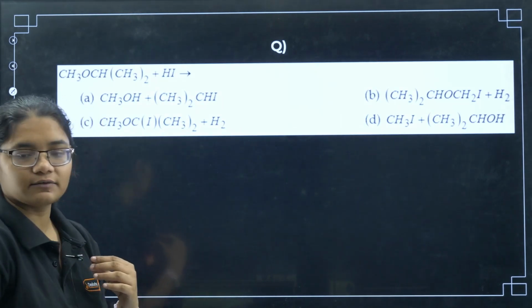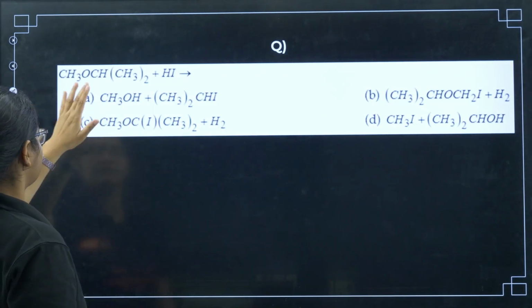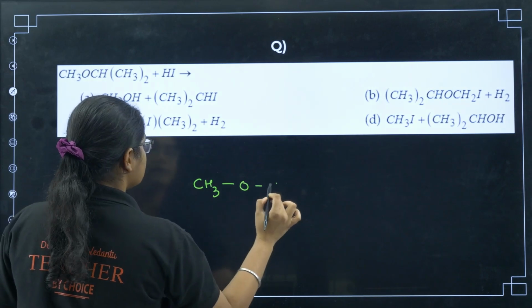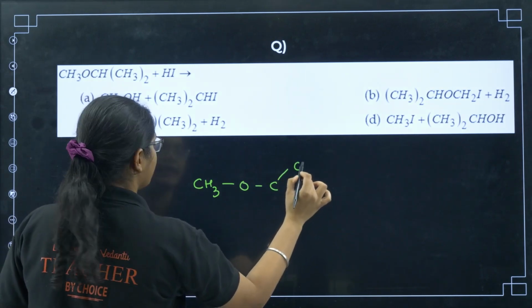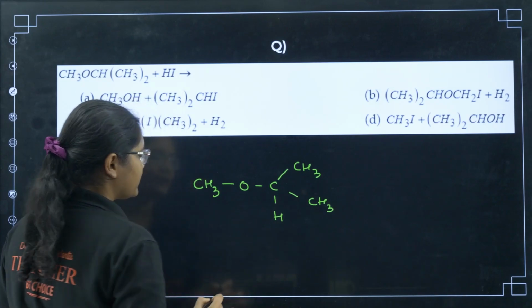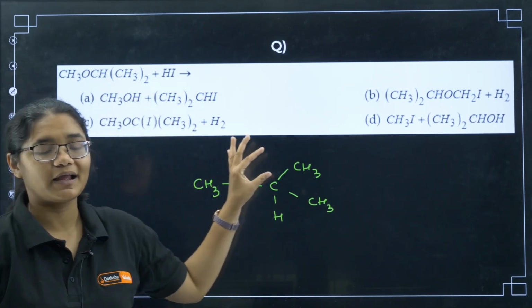Okay, next we'll see the question. So you have the cleavage of ether. The question is like that, CH3O, CH3, CH3 and H. So you can see that on this side I have a primary group and on this side I have a